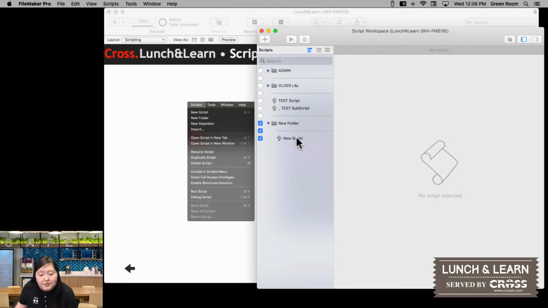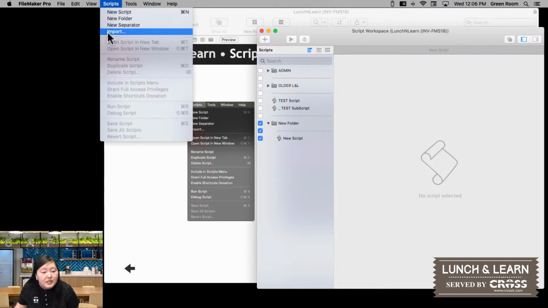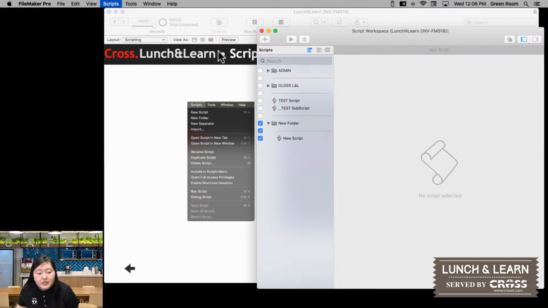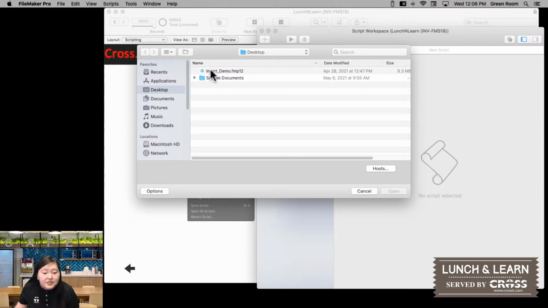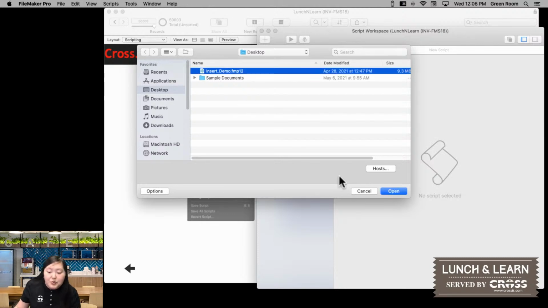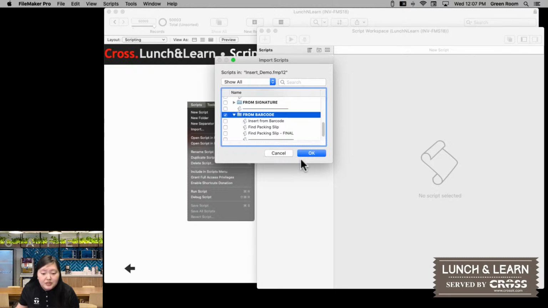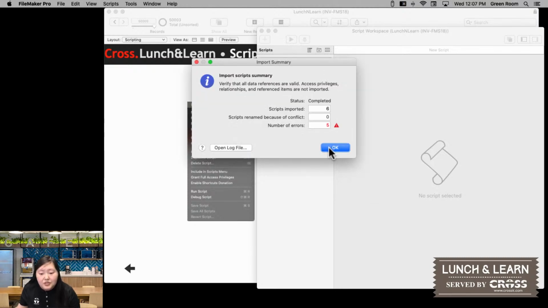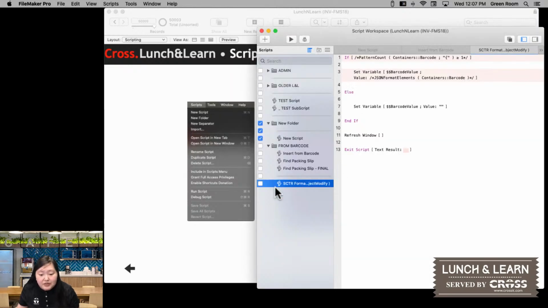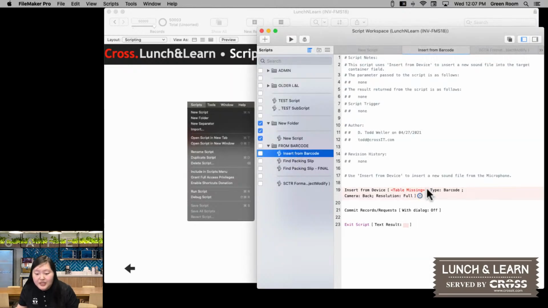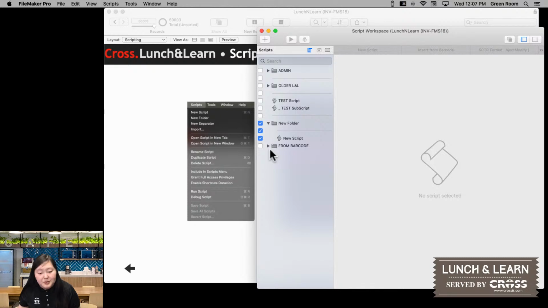So the next thing is importing. If you ever imported a custom function, this works similarly. So if you go up to Scripts and Import, it will ask you which file you want to import the scripts from. And then you can just choose the scripts. You can actually choose a folder or all the scripts. Click OK. It'll say if there are any errors, which there might be because you might not have the same tables